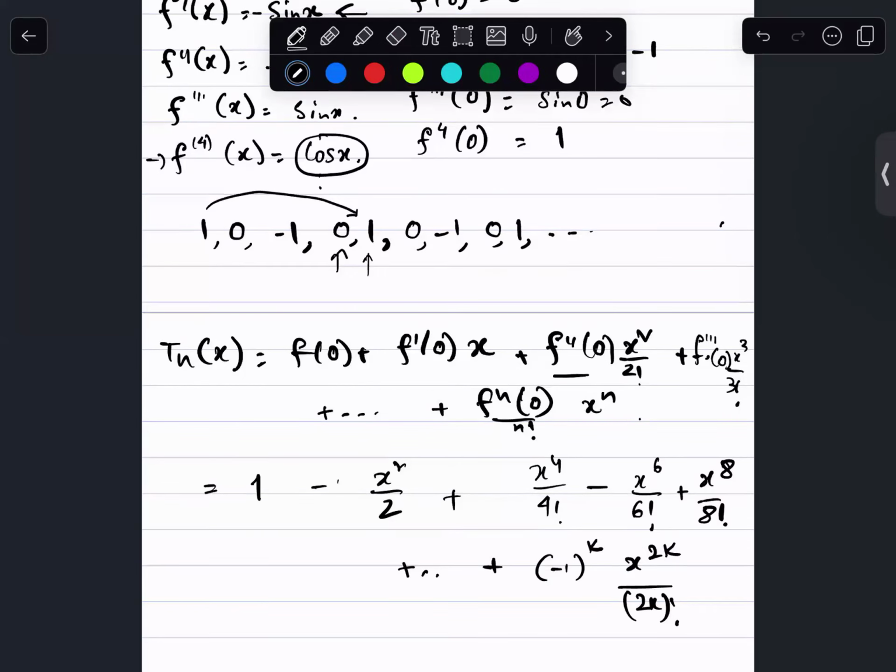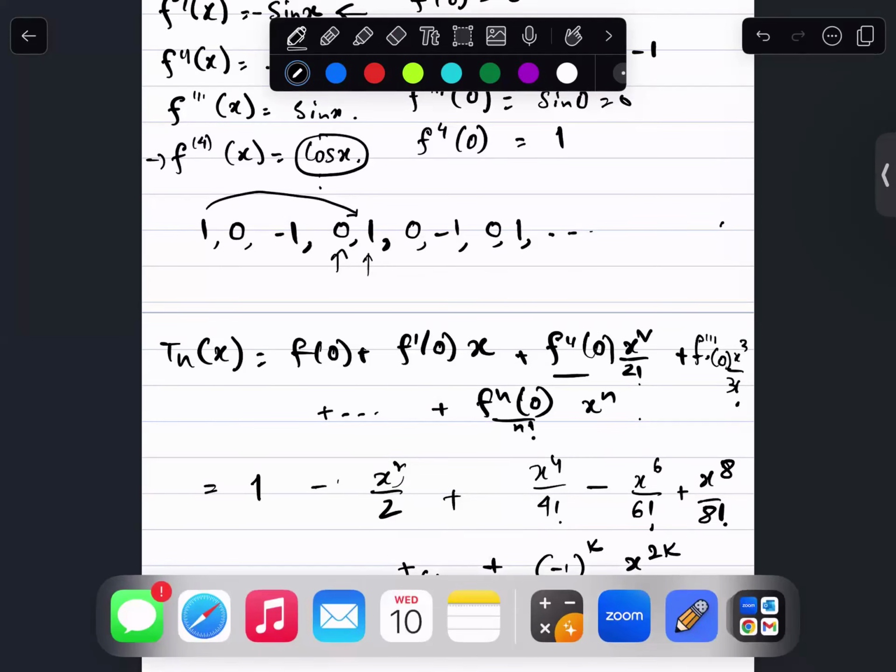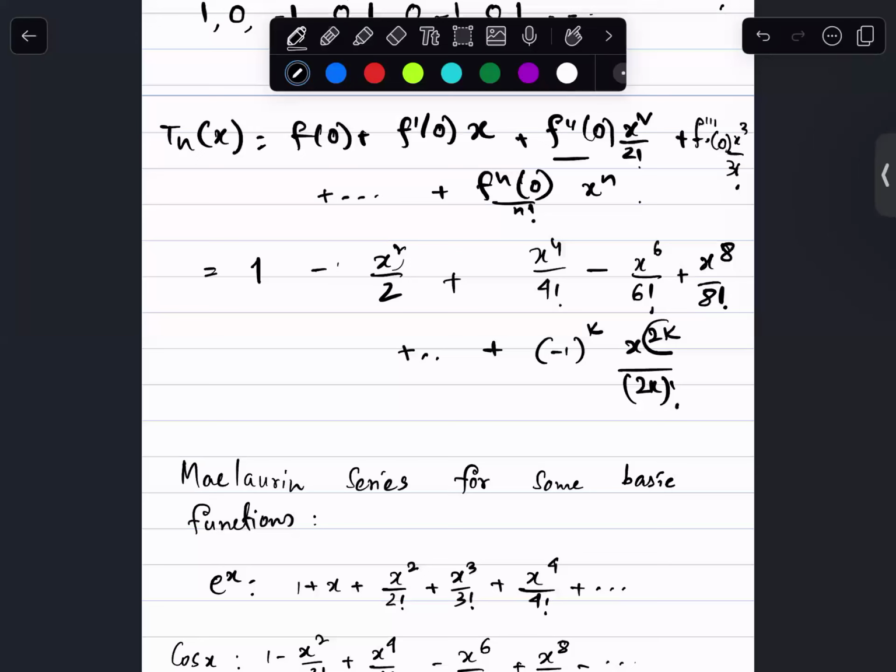Because I see that x squared is there, the next term is x to the 4. So, only the even powers will be surviving. So x squared there, x to the 4 there, x to the 6 there, x to the 8 there. So the last term will be x to the 2k, something like this, when n is equal to 2k,